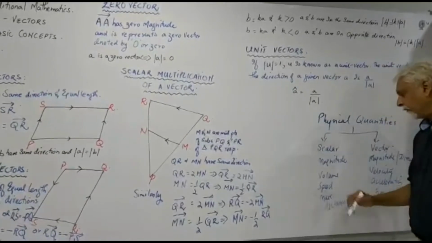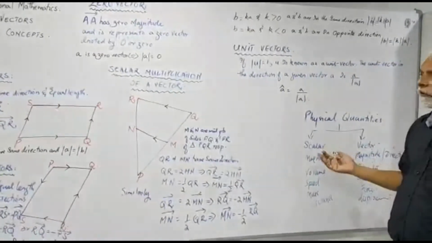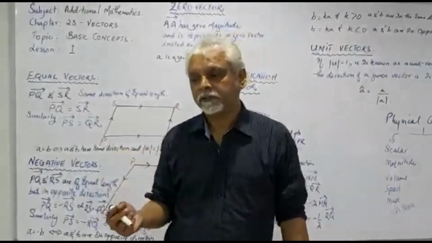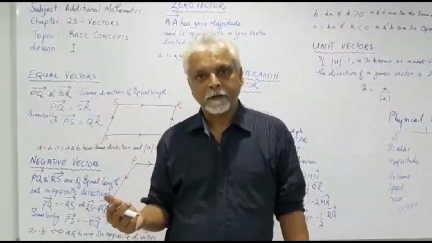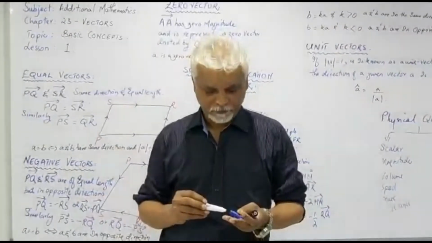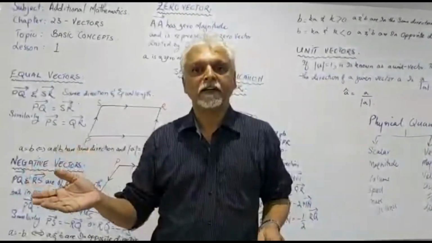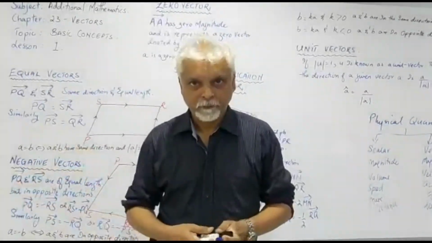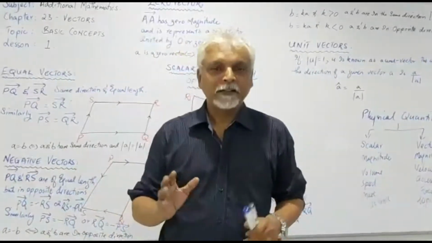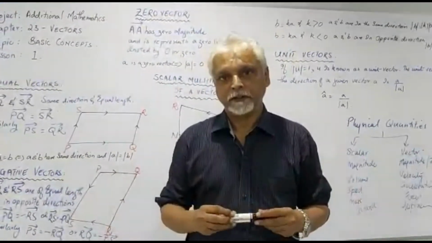Now, what do you mean by magnitude? Magnitude is basically, for example, a number with a unit, or sometimes just a number and no unit. A scalar quantity can be, say, speed, which is defined as the distance covered by a body in a unit time. Let's say the speed is 30 kilometers per hour. It does not tell you the direction, so that is a scalar quantity. Speed is a scalar quantity.